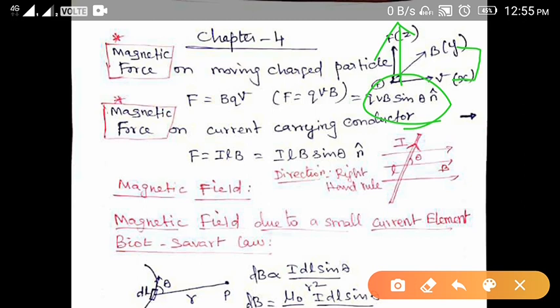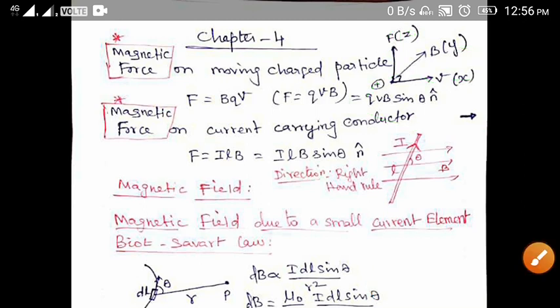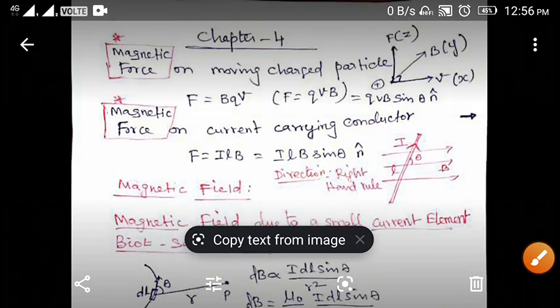Just take your right hand and stretch your forefinger, middle finger and thumb mutually perpendicular to each other. Here the particle is assumed to be moving in the x direction, that is the forefinger direction, and the magnetic field is applied along the y direction, that is the middle finger direction. So the force experienced by the particle will be in the z direction, that is the thumb direction. Using the right hand rule, we can easily find the force experienced by the particle due to the magnetic field. Simply, we should know the force is always perpendicular to the magnetic field and the charge's moving direction. So that's why we write F equals qvB, or q into v cross B.